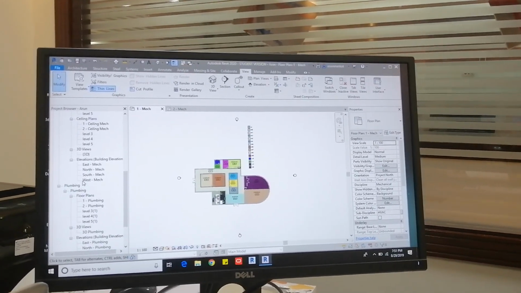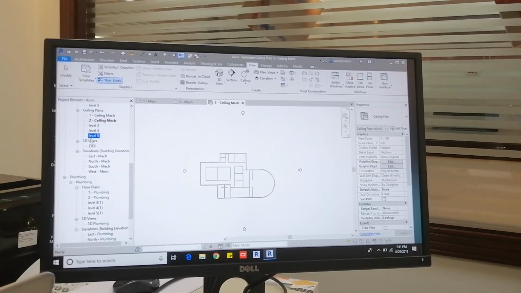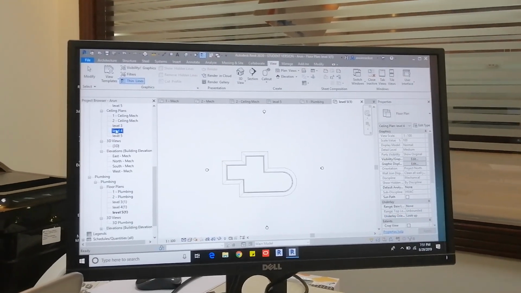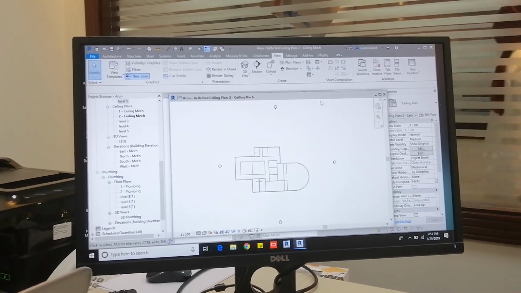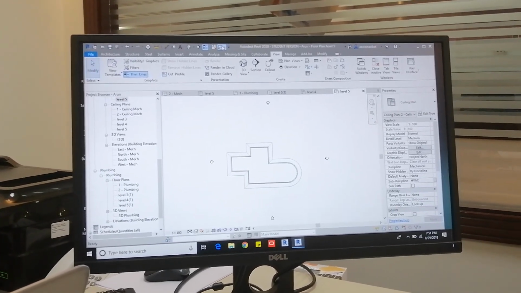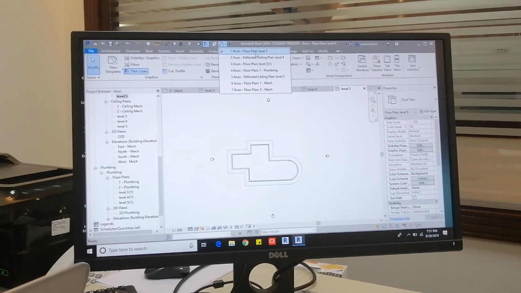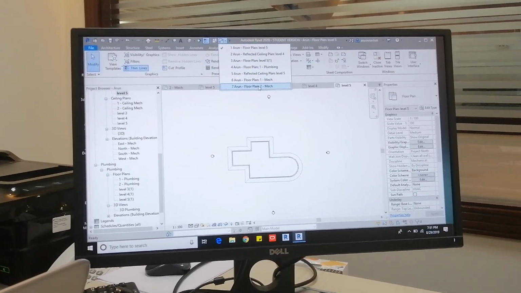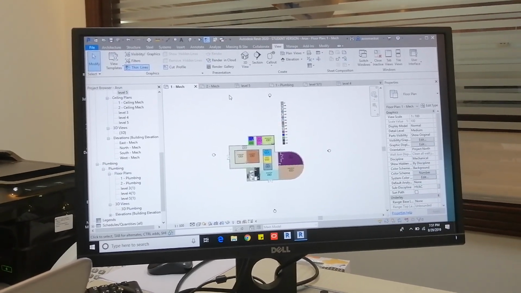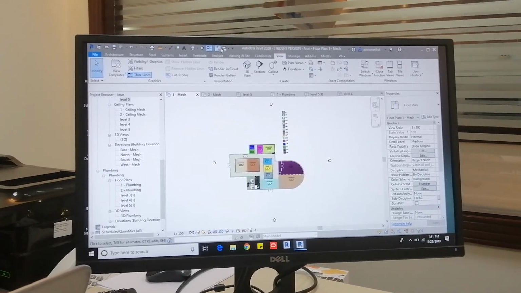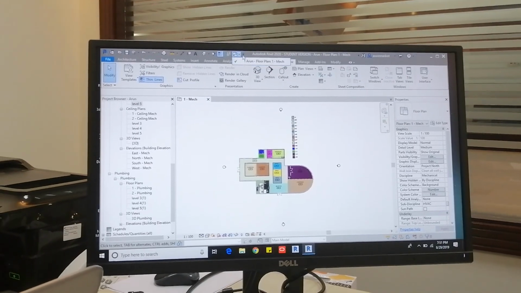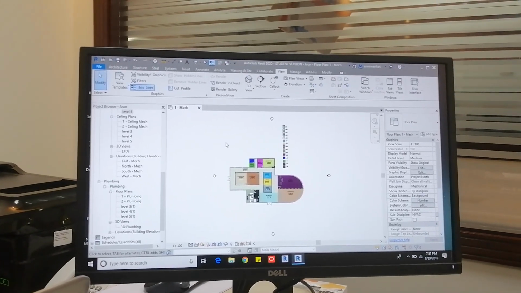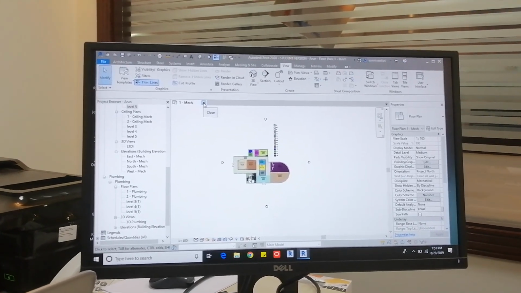See, I'm opening a lot of tabs here, so it goes to a long list. I want to open my first floor plan, I mean first mech. So I'll select first mech here and close all the others. Just click here, and only this will be remaining. Now if you drop down here, there is nothing else. Or you can close them one by one, click and close.